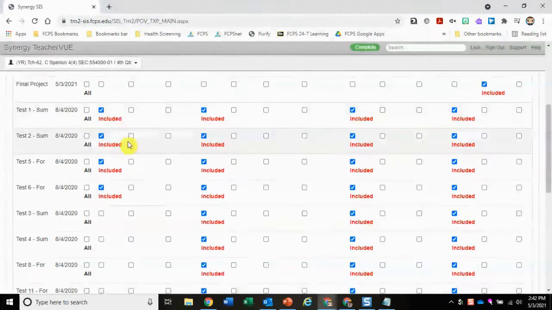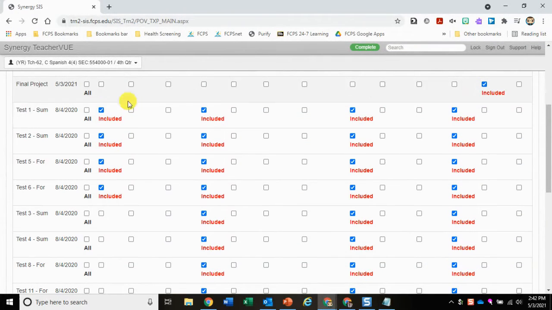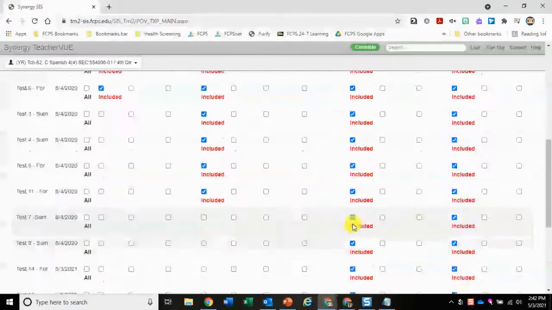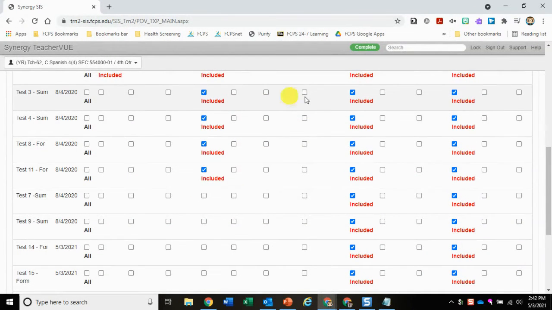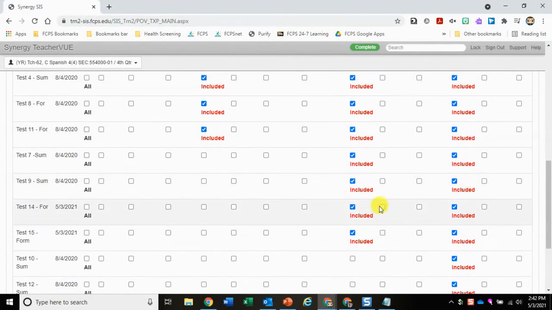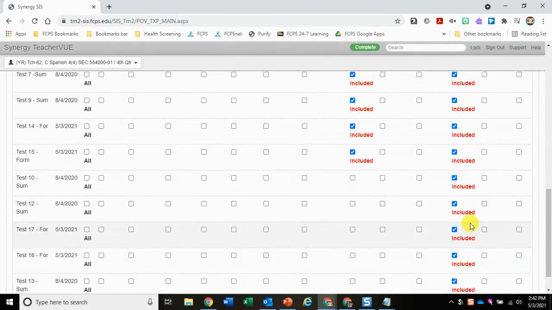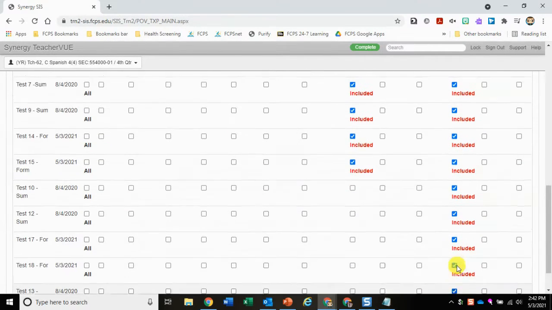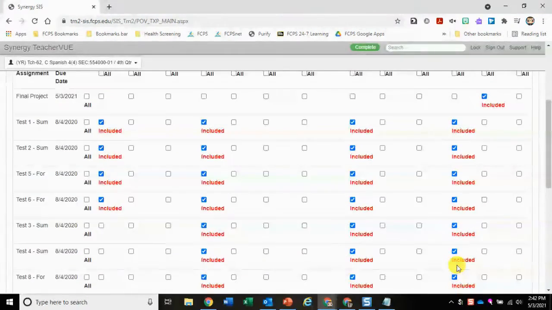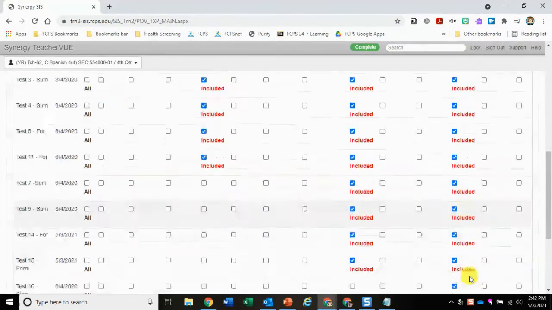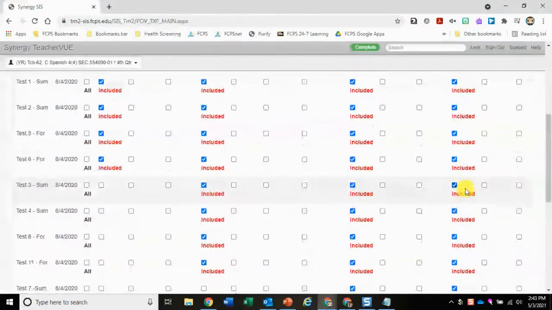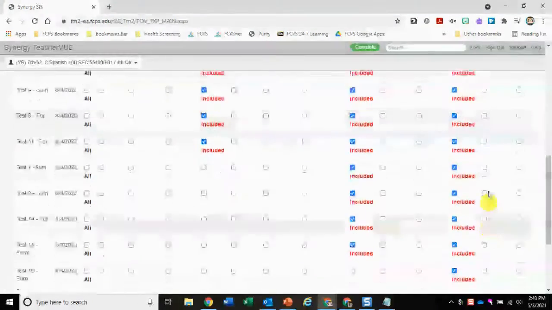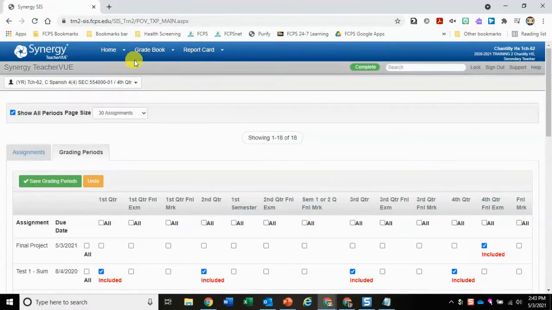But that your other activities are counted, like these are first quarter assignments, and they count for first, second, third, and fourth quarter. And now I've got my second quarter assignments, and they're carried through third quarter assignments, and then finally fourth quarter assignments. The bottom line is that you want to make sure in a rolling gradebook that all of your assignments count in fourth quarter. So once you've checked that and you know that your assignments are good, you're going to go back to your